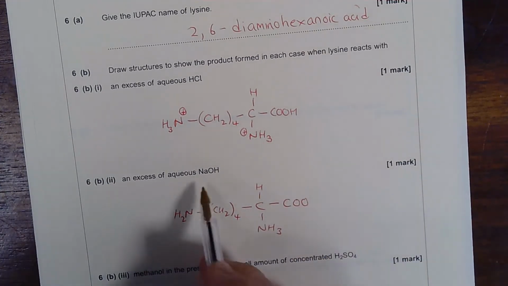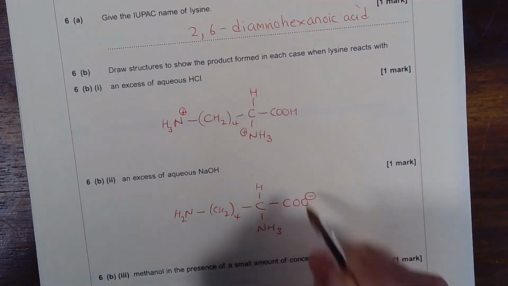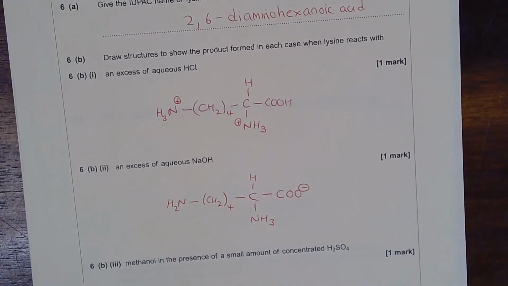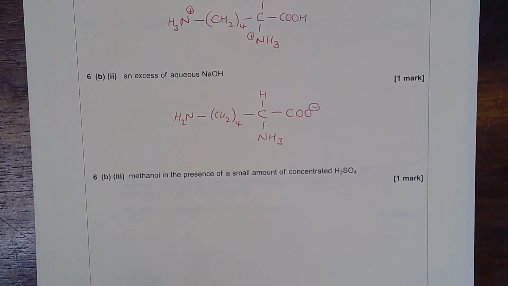The hydroxide ion will remove that proton, and that is the structure of the product in aqueous sodium hydroxide. With methanol, you have a carboxylic acid present, so acid plus alcohol goes to ester plus